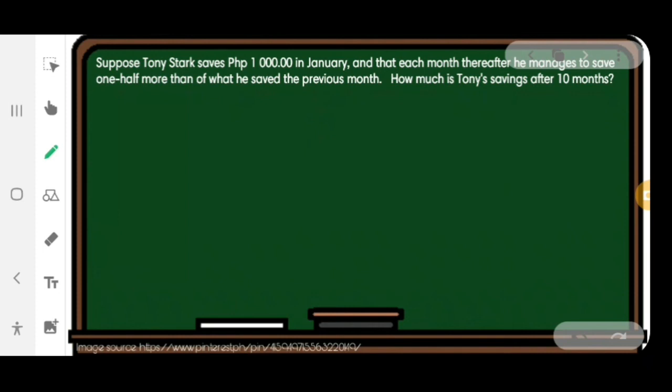Okay, now let us proceed to the last problem. Suppose Tony Stark saves 1,000 pesos in January, and that each month thereafter he manages to save 1/2 more than what he saved the previous month. How much is Tony's savings after 10 months? So let us identify the given values. Our t sub 1, or the first term, is the amount that he saved in January. So that is equal to 1,000. And then our common ratio here is